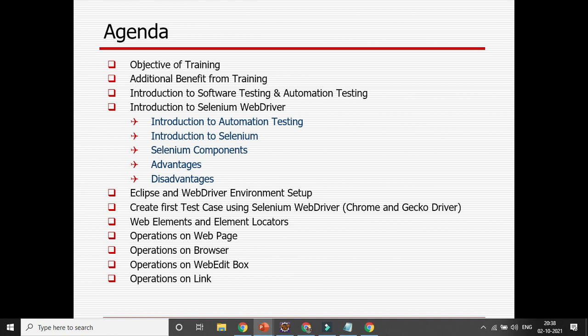It will be in private mode. I will share the link as soon as we are done. I will be sharing the PPT in PDF version. I will be sharing the code as well for every session.